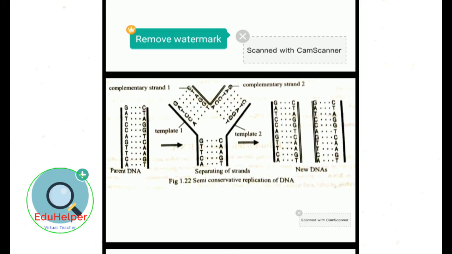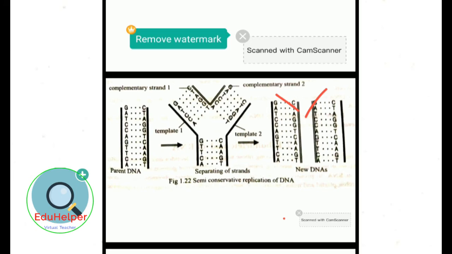And the second process is called creation of the complementary strand. Once separated, each strand of DNA serves as a template to guide the synthesis of its complementary strand of DNA. The essential nucleotides of DNA exist in the nucleoplasm. With the help of DNA polymerase and magnesium ion, these nucleotides attach to each template by